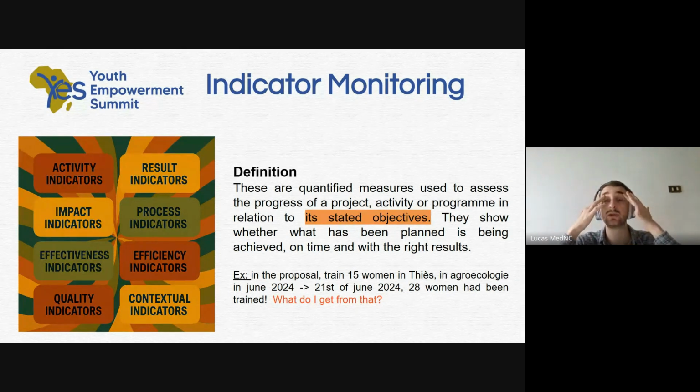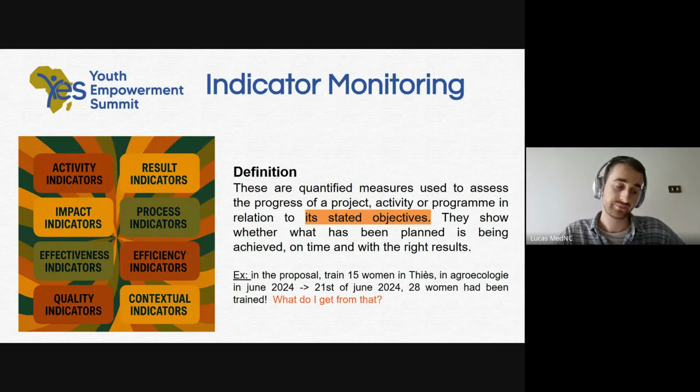I'm going to go quickly on those, but the next slides are about the indicators. We hear a lot about indicators when we manage these kinds of projects, but basically indicators are quantified measures used to assess the progress of a project, activity, or program in relation to its stated objectives.